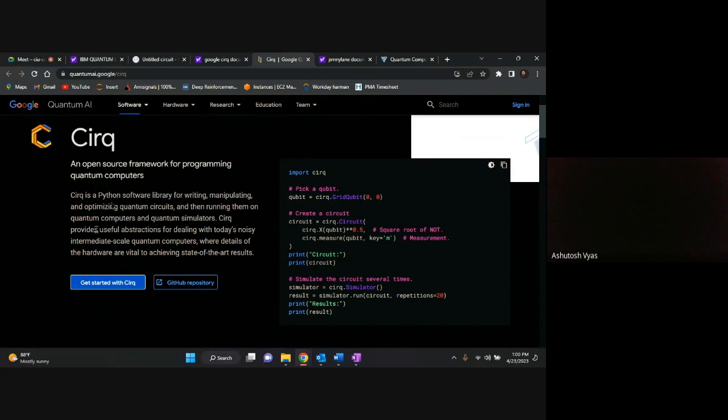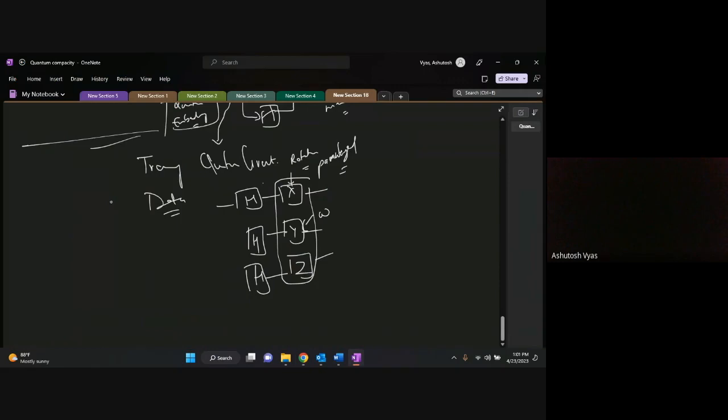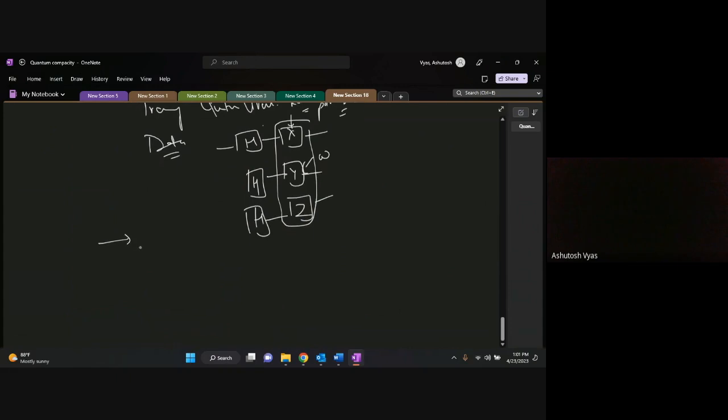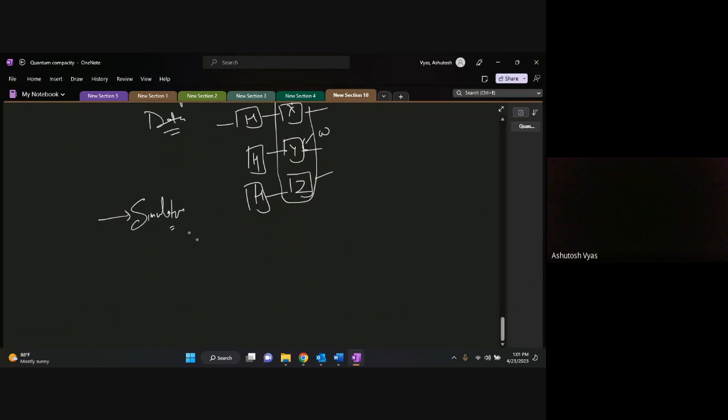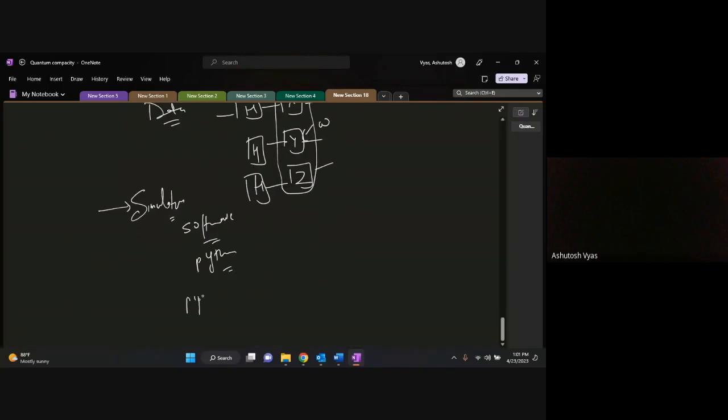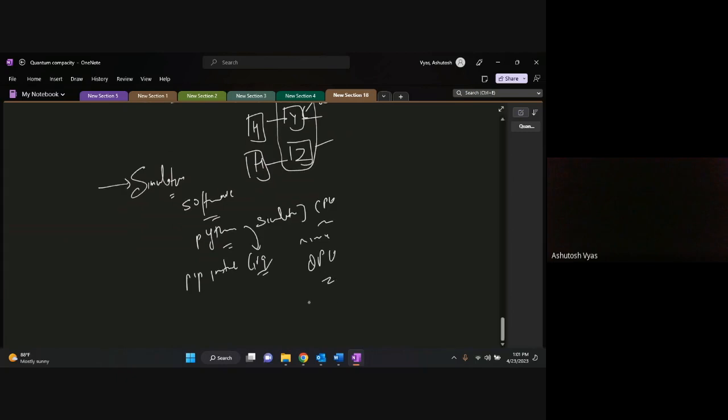Now, to run all these quantum machines, as Dr. Ashutosh already mentioned, we don't have real QPUs as of now which are very proficient enough. There are something called simulators, right? Simulators are basically software which you install in your machine. They can come under wrappers of Python. You just have to write pip install cirq, and Cirq will bring in its own simulator, right? The simulator will actually work on your CPU only, but it will mimic quantum computing QPUs.